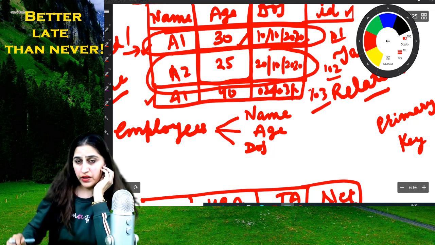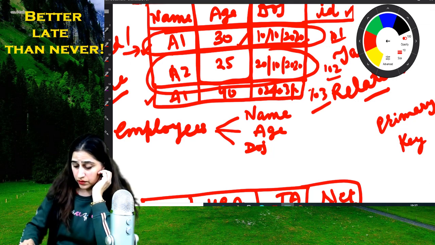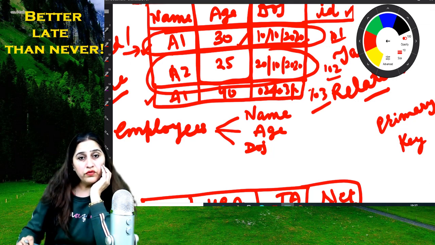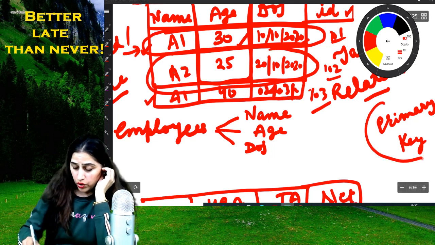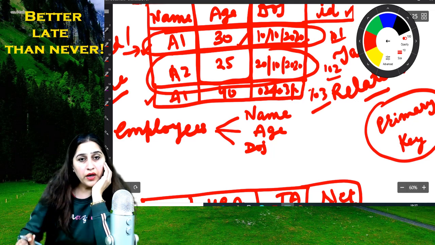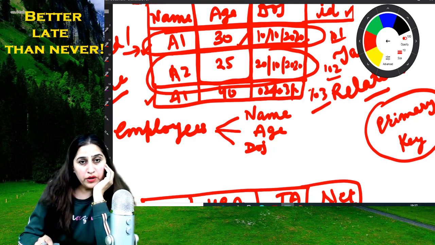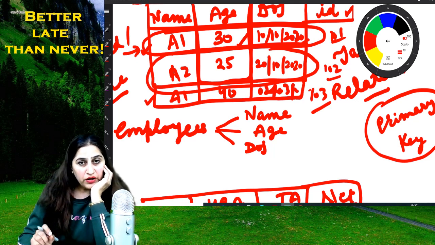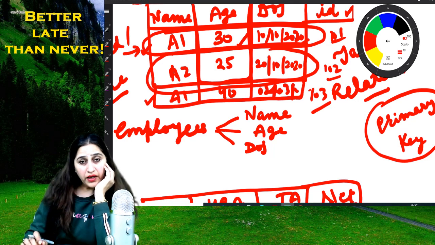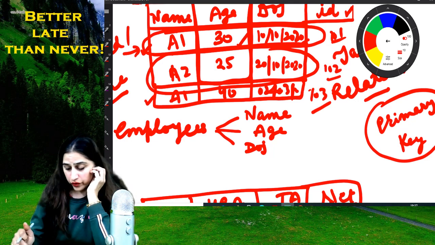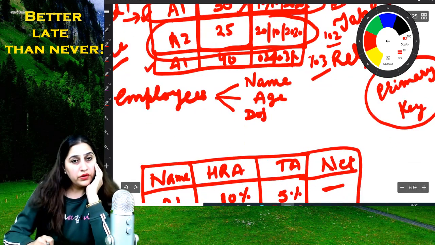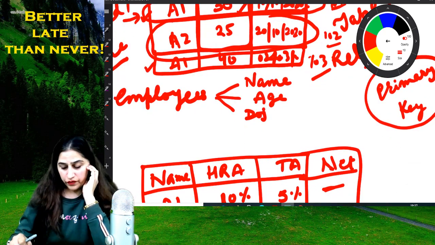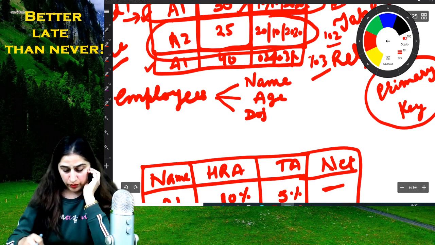Key simply means field which identifies individual records. So I have to add one primary key in a table so that the information I can extract on the basis of particular one field, and there will be no duplicate values for this primary key in that table.